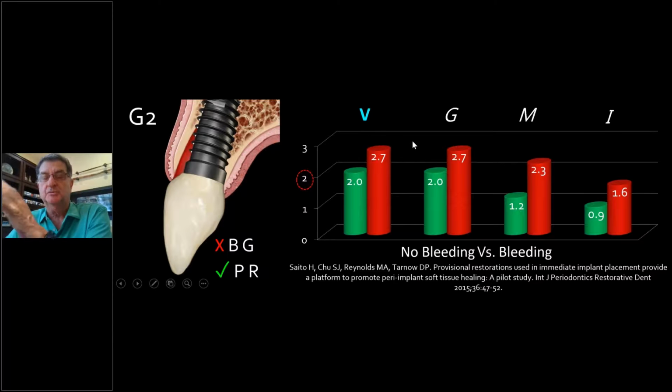So we don't disrupt this until 4 months. Once we put that temp in, we take our time to make a nice temporary. Let that tissue heal and consolidate and mature for a minimum of 3, but ideally 4 months. And so that's what we do. We published this again a few years ago.